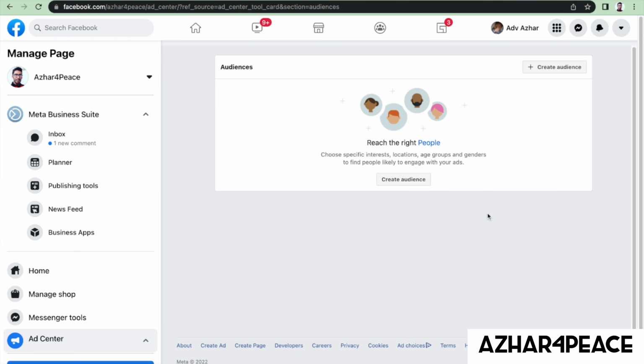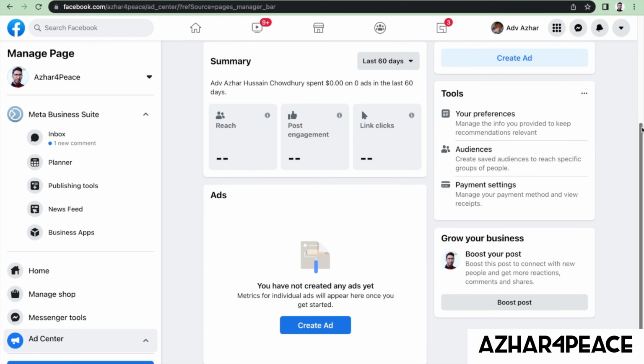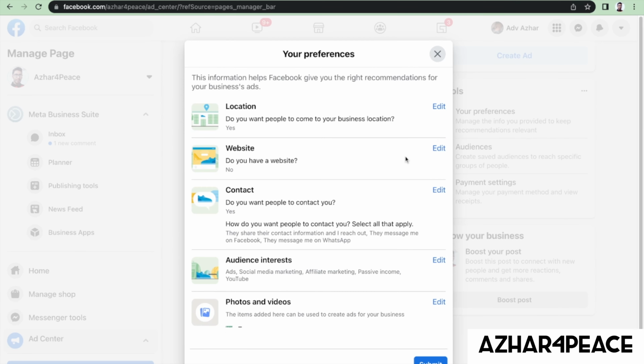All right, so I'm here on my laptop. I'm going to go into the Ad Center and click on that, and then go to the preferences. The preferences show you how you want to set it up.